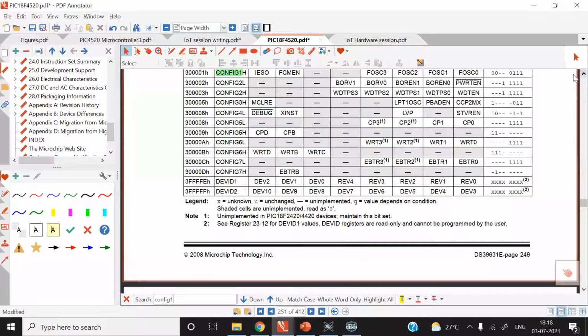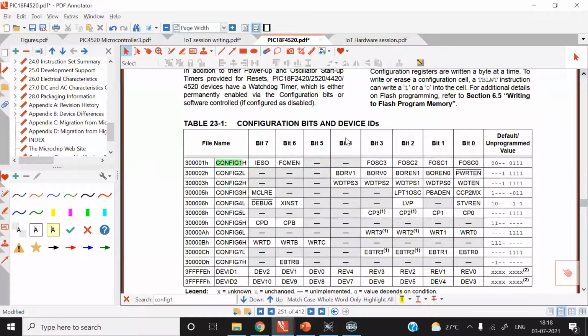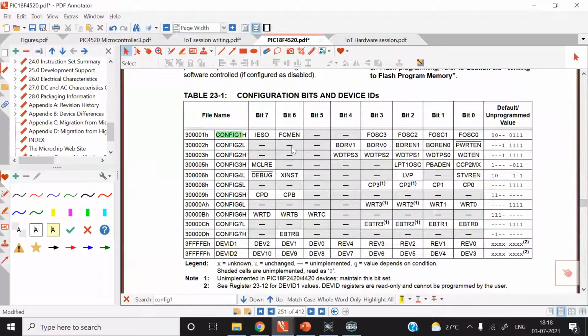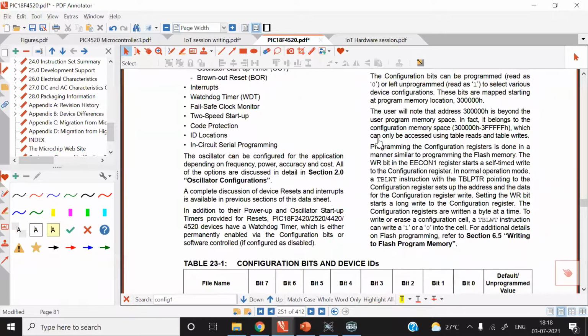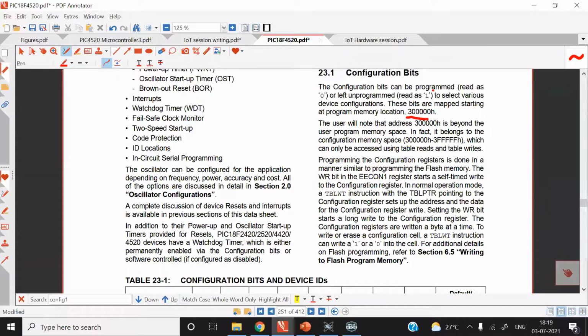This section is given on page number 251. This table shows the configuration memory registers. Configuration memory begins at the location given here, 300000 hex. This configuration memory is mapped starting at program memory location 300000H.